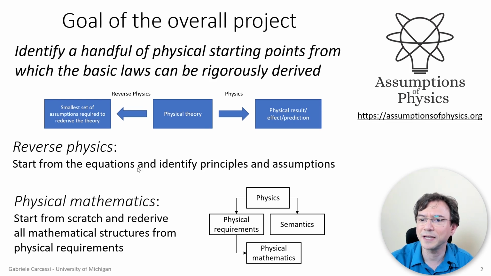And we have these two techniques. One is called reverse physics, that starts from the physical theory, that starts from the math, and tries to get these equivalent principles. And then we realized this is not sufficient, because if you use any mathematical structure and you don't know exactly what the mathematical structure captures physically, then even if you know what the higher level mathematical structures are, you really don't have the full picture.